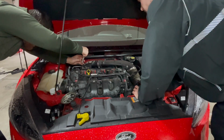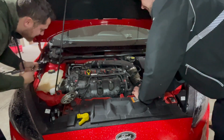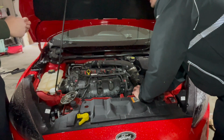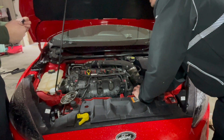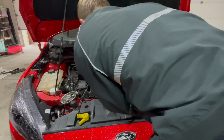Oh. I broke it. Yeah. I don't know how that's going to come off now. That's how I was doing that, right? That's how it's supposed to come off, right? It should be, yeah, that's exactly. I wasn't putting a whole lot of goose behind it either. I'm sorry. No, that's exactly how it's supposed to come off. We'll get you a replacement part for that. I just don't know how that's going to come off now. Okay, we'll get it